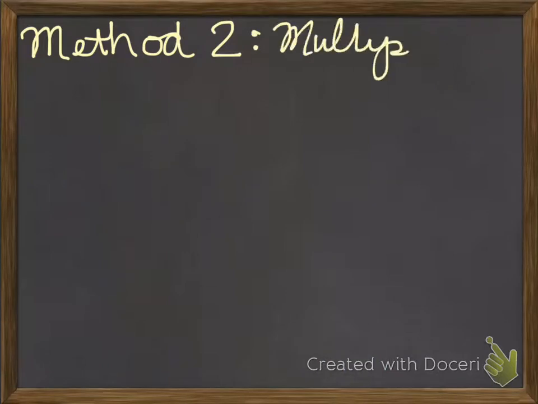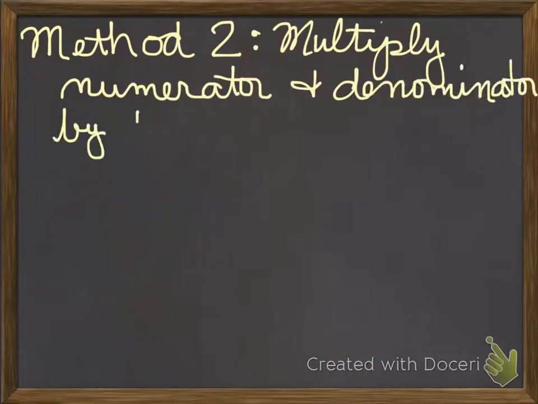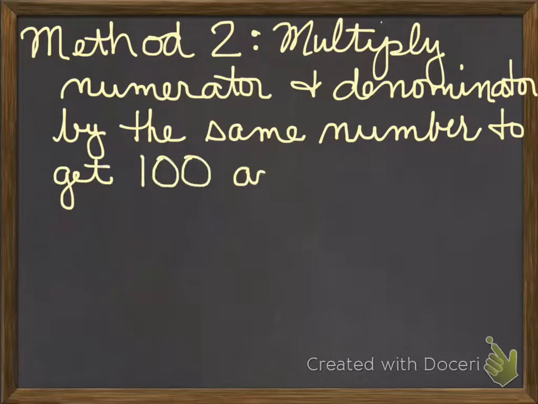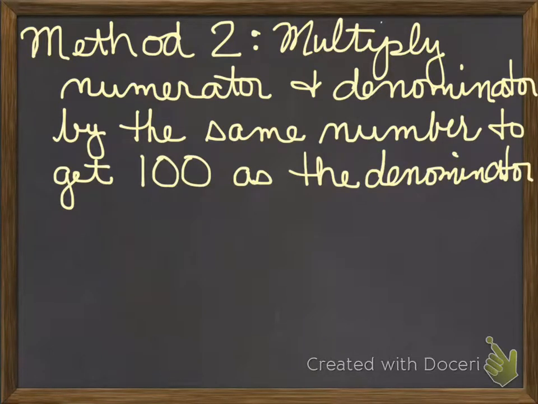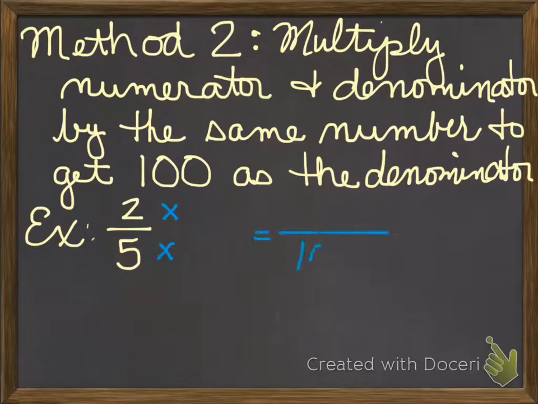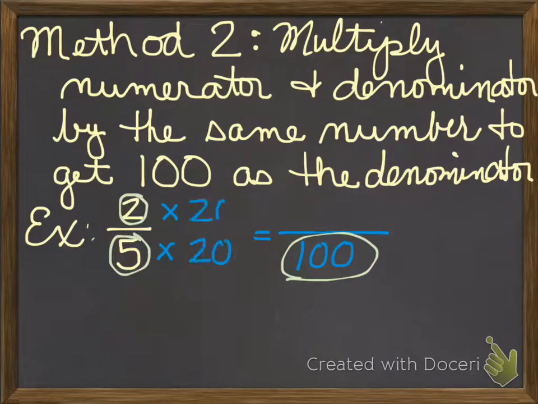Method 2. We're going to multiply the numerator and the denominator by the same number to get 100 as the denominator. Let me show you what I mean. I'm going to take my 2/5 again, and I want to find something that I can multiply by to get 100 as my denominator. 5 times what is 100? 5 times 20 is 100. So I'm going to multiply the top number and the bottom number by 20,